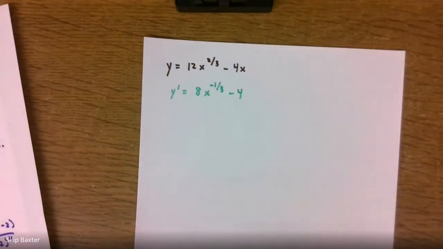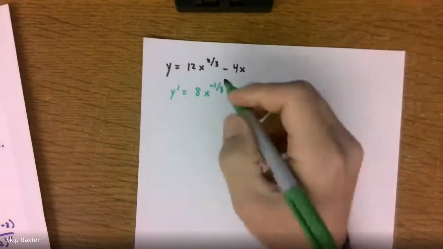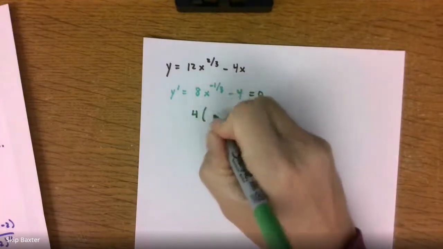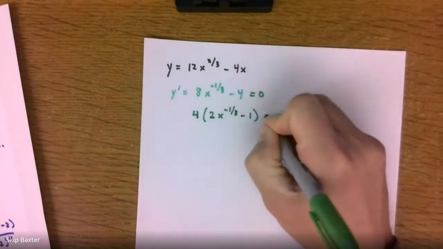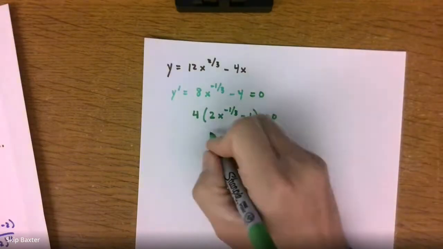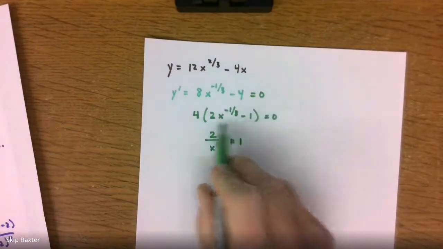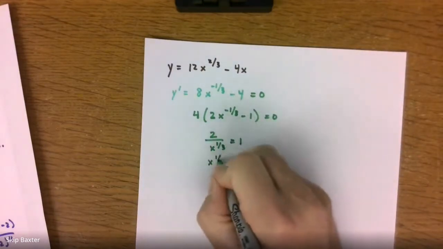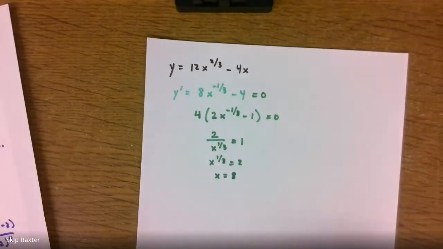Right? This marker's hard to see. So if I set this equal to 0, I could factor out a 4, and I get 2 x to the negative 1/3 minus 1. So if I set this equal to 0, that's never 0, so it's just this piece. This is 2 over x to the 1/3 equals 1, if I set this equal to 0. So x to the 1/3 equals 2, and x equals, if I cube both sides, 8. Right? 8 is the number that's going to give me